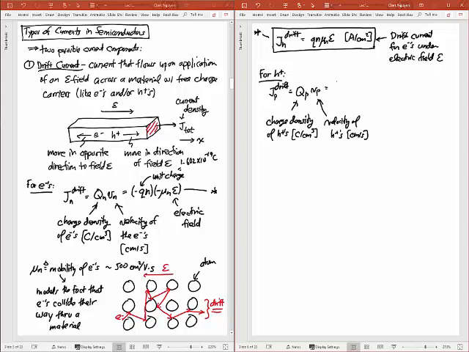Because holes are positively charged, I can write that charge as plus Q times P, where P is the concentration of those holes. Because the holes are moving to the right in my picture on the left, going in the plus X direction, this is going to be plus mu sub P times E, where mu sub P is the hole mobility,